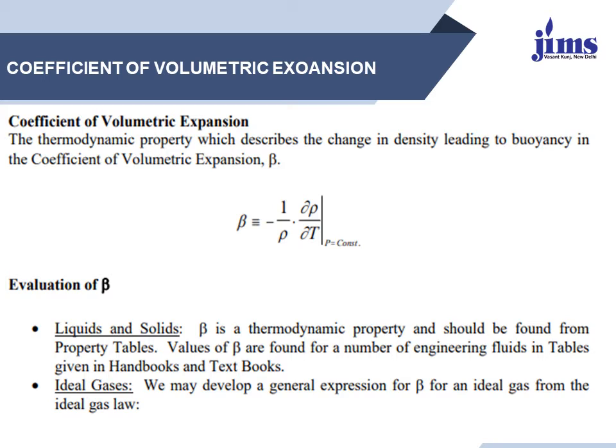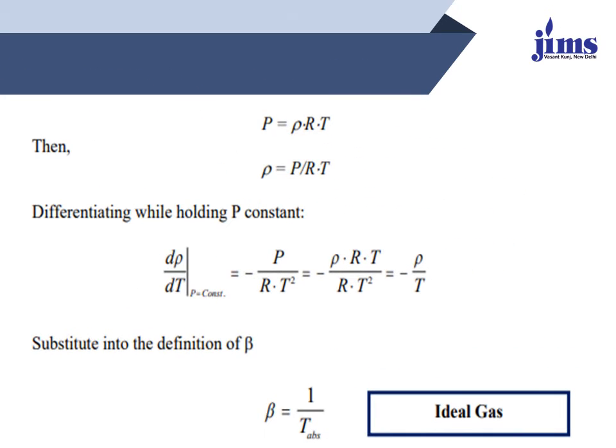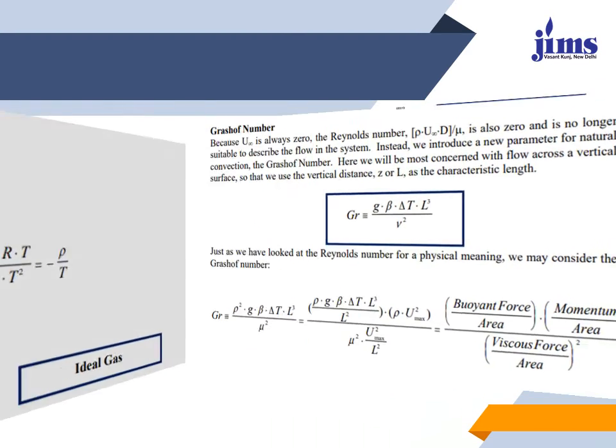So the property that comes into play in free convection is the coefficient of thermal expansion, denoted by beta. So beta is equal to 1 by T. Since in free convection the heat transfer coefficients are very low and the Reynolds number is not an independent parameter, a new dimensionless parameter is generally used, the Grashof number. We will discuss the Grashof number in the next slide.